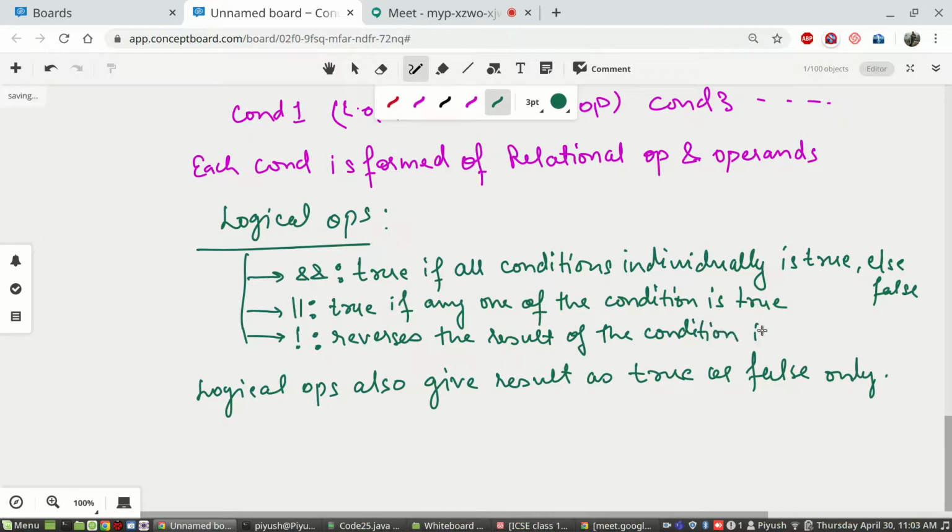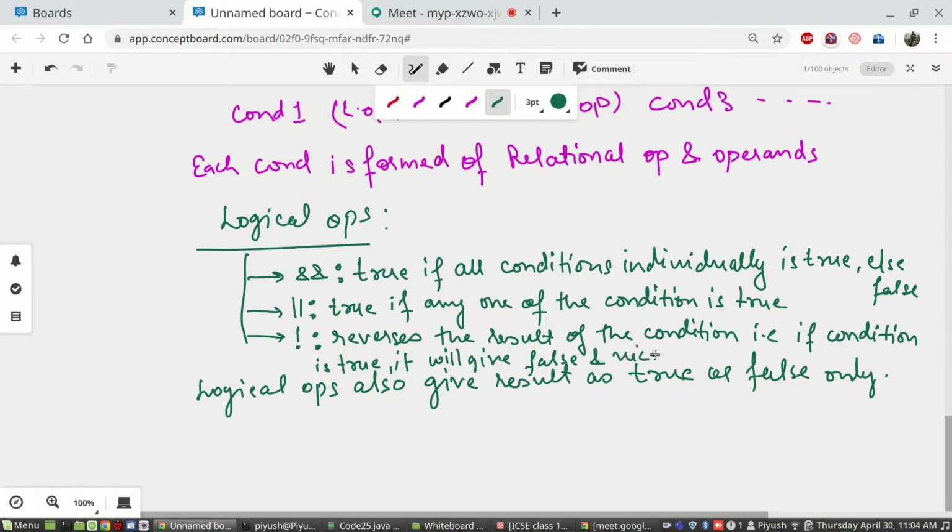That is, if the condition is true, it will give false, and vice versa.